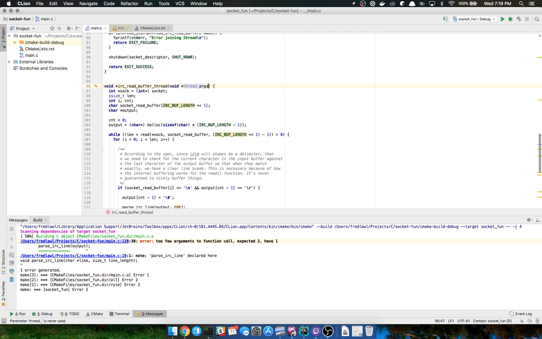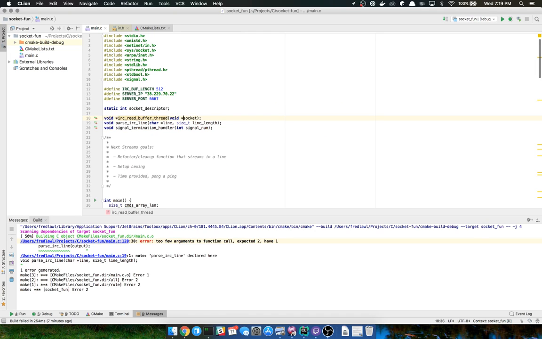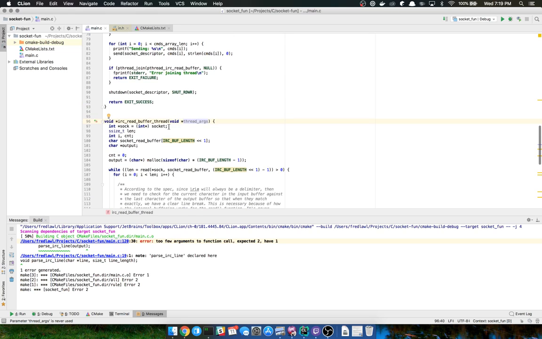So I'll just call it thread args. We'll go ahead and change it up here so that we know what's going on. Now it's not entirely inherently clear what the args are, but that's okay. We're C developers, so we should be able to look at this code and figure that out. So we'll go ahead and change it to that.